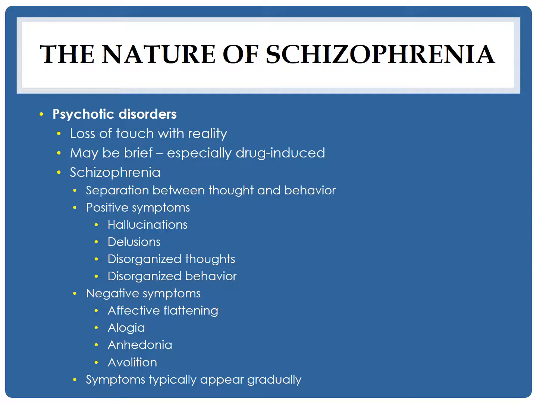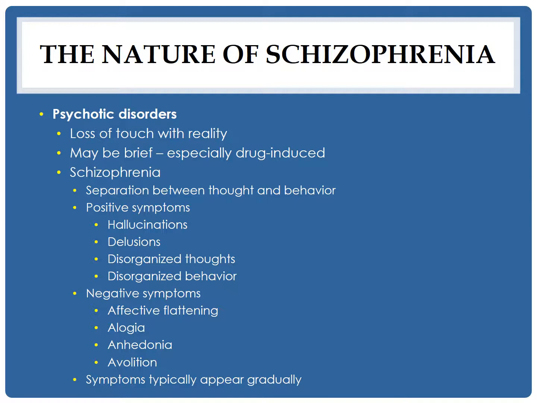And then negative symptoms is, again, something lacking that should be there. That's something that would normally be there. So the 4 A's are listed here: affective flattening, alogia, anhedonia, and avolition. So an affect is a person's emotional expression. A flat affect is appearing to have no emotions. So you have a deadpan look rather than laughing or expressing pleasure or anger or whatever the case may be. Their face doesn't express emotion.